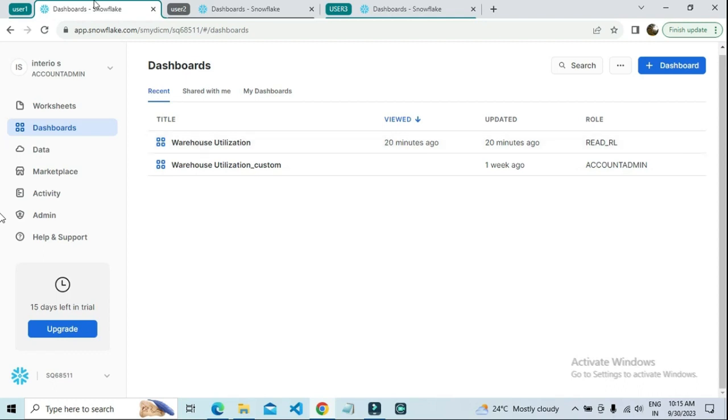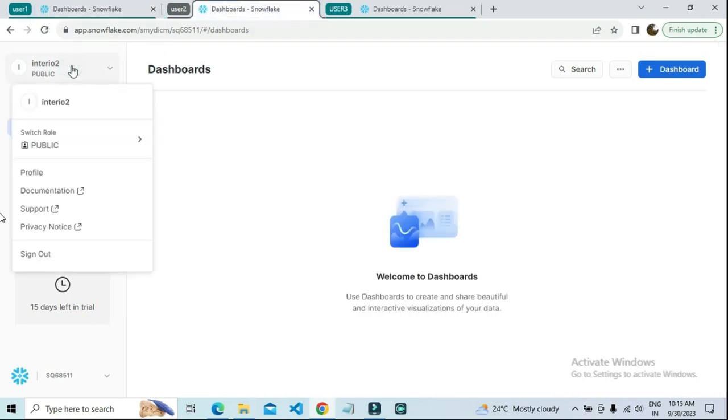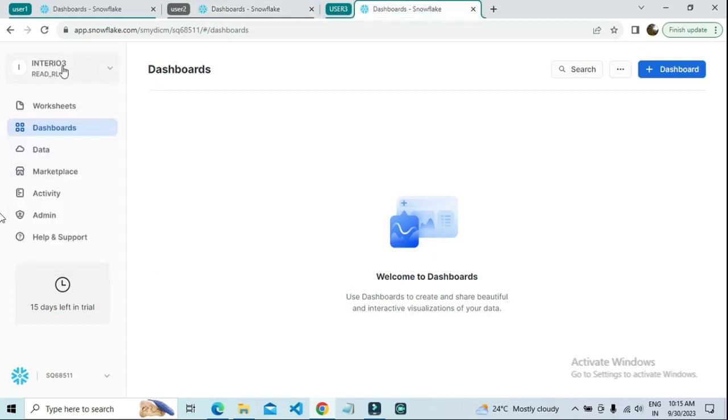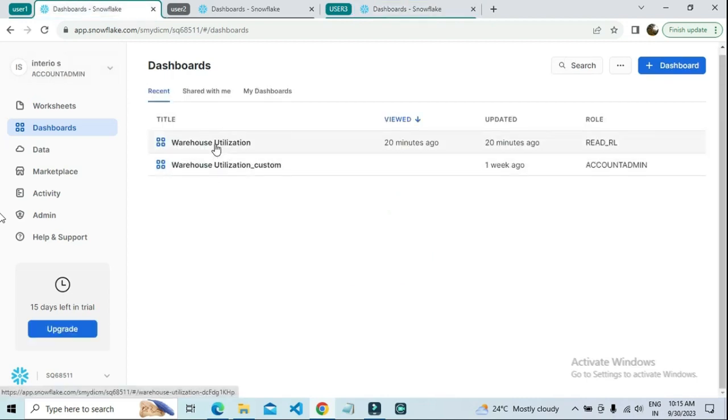And I have created three users in Snowflake with different role accesses. The first user, interior S, has the account admin role, and the second user has the highest roles, security admin and sysadmin, and the third user has the read role, which just has select access on all the tables from all the databases. And coming to the dashboard sections,